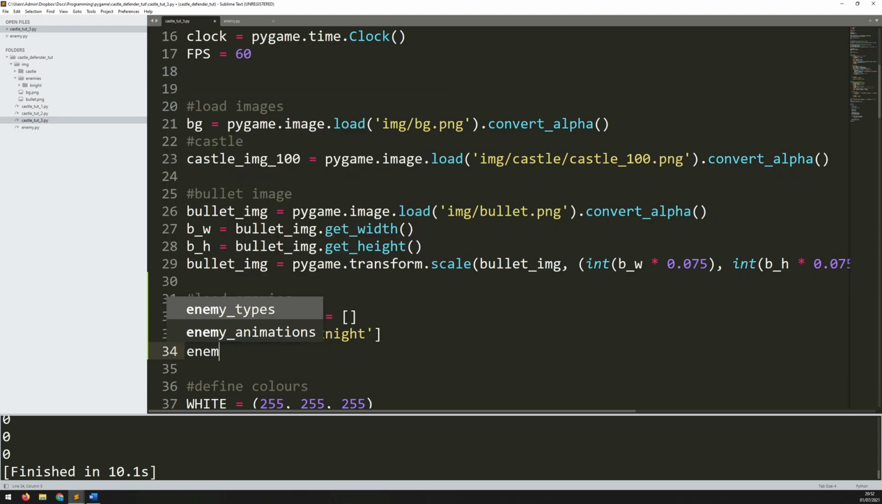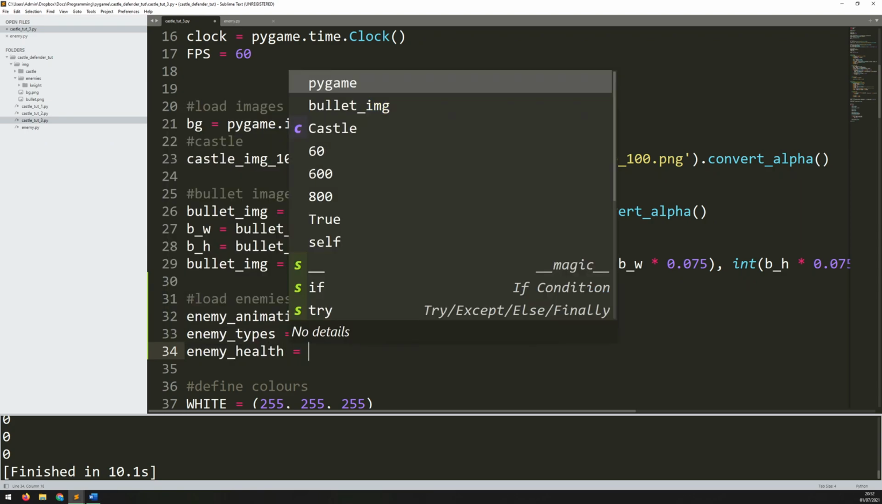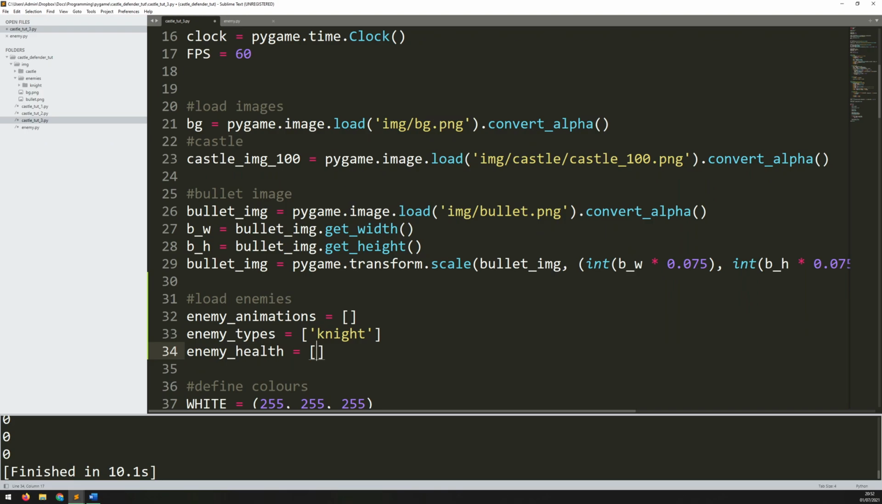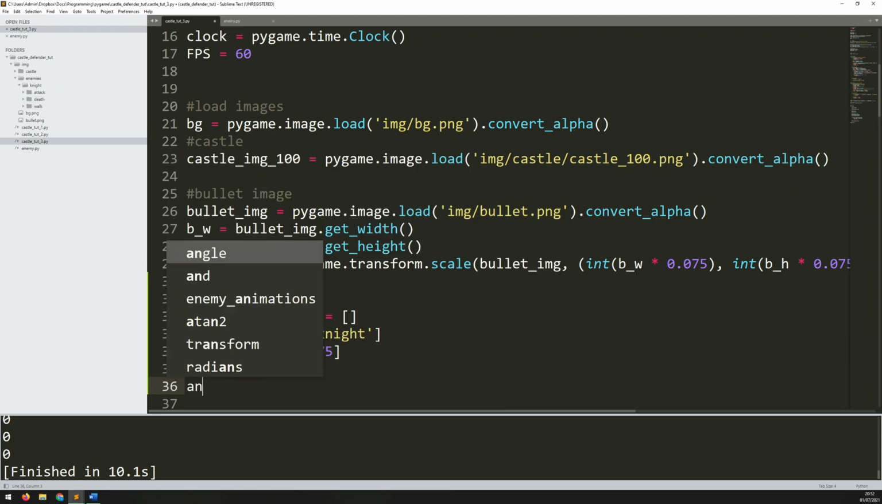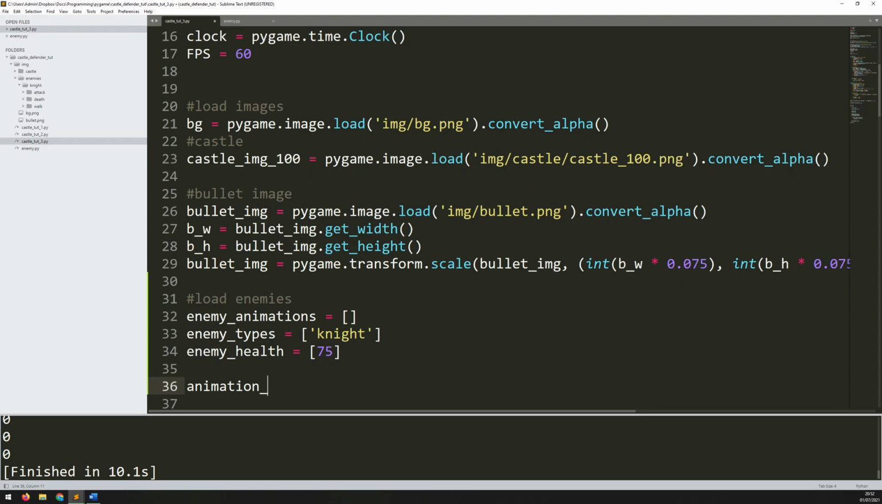The other thing I want to have is enemy_health. So this isn't important for images, but it will be important for when I create the enemies. I want them to all have different health so that they take different amounts of shots to kill. So the knight's going to have 75 health. Now the next thing I need to do is define all the different animations that I have. So here I've got attack, death, and walk. So I need to name all of these out again in another list. animation_types